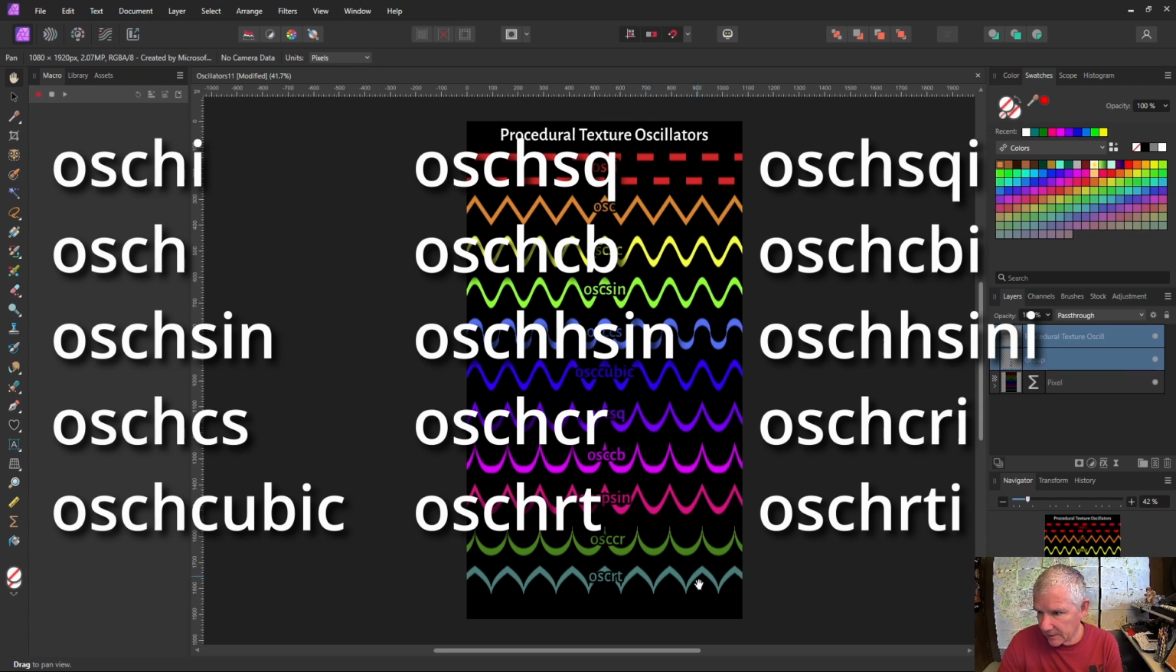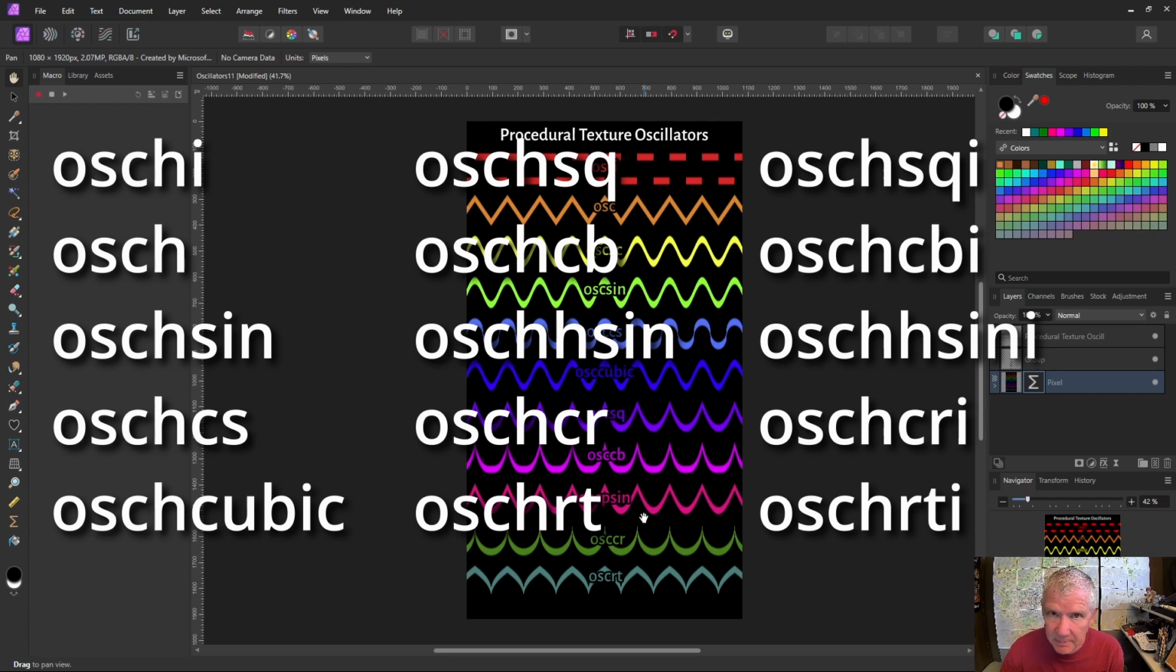All of the oscillators also have harmonic versions where if you put the letter H following the letters osc, instead of the range going from 0 to 1, it'll go from -1 to 1. Interestingly, I just noticed that the harmonic version of the psin oscillator is oscHH and the inverted version of that is